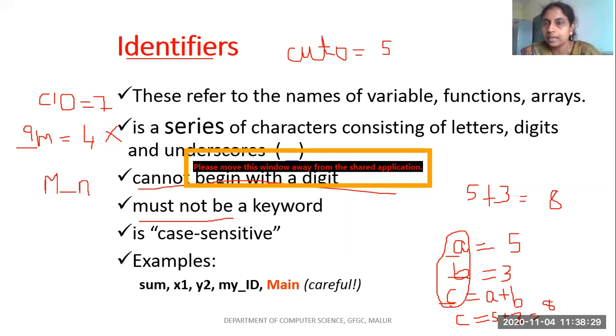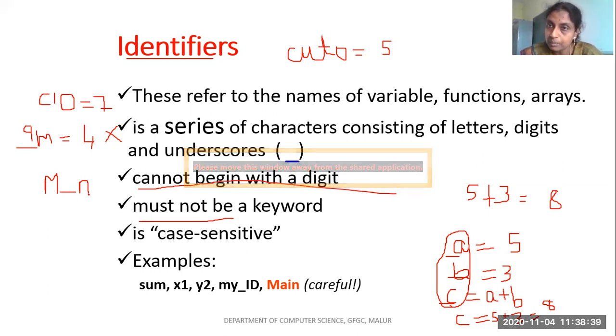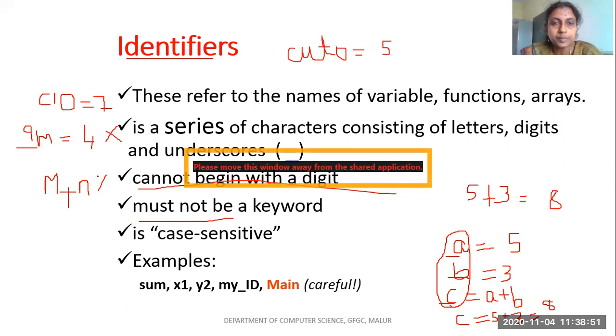This is a correct identifier. I can't give any other special symbol like M plus N. Only one special symbol is used, that is underscore.